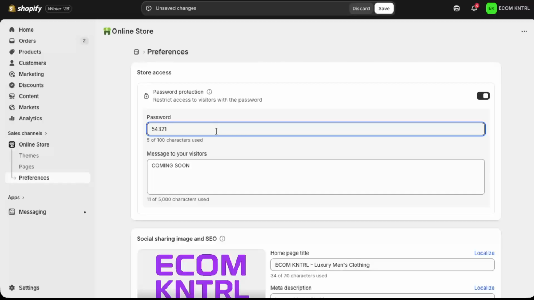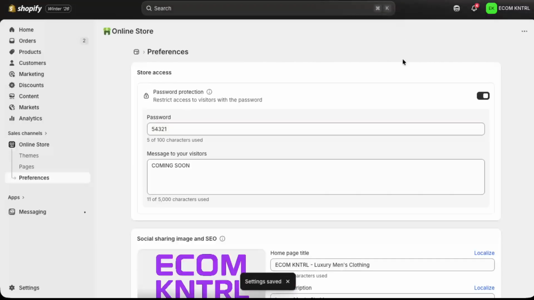Once you've turned on the toggle and set your password and optional message, the most important part is to save your changes. Look for the Save button, usually at the top or bottom right of the page, and click Save. Give it a moment and your settings will be applied. Now your Shopify store is officially password protected, and only people who have the